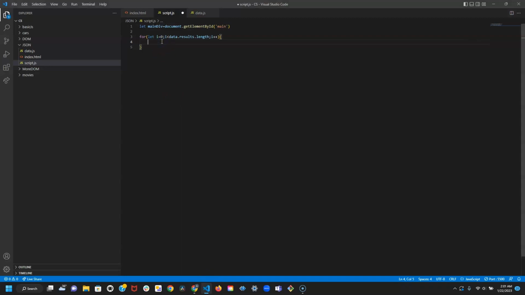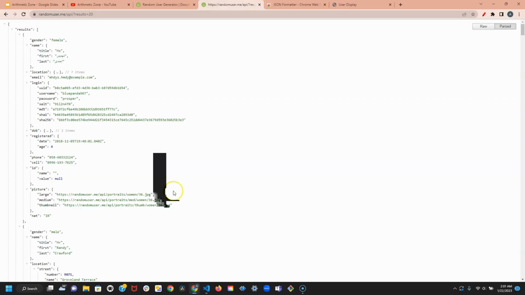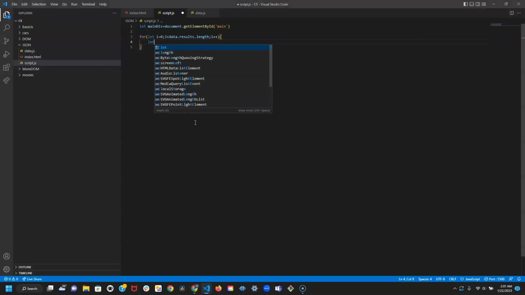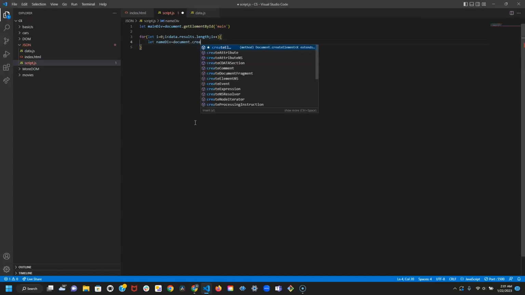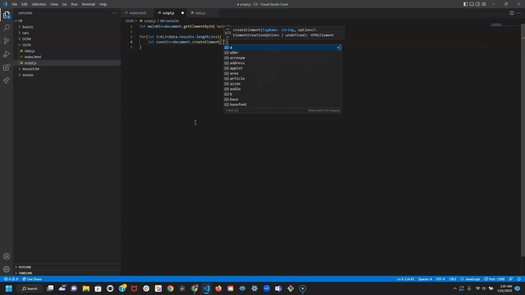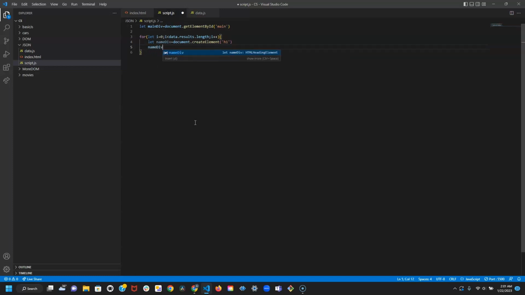So what we're going to do is make a whole bunch of separate divs and append them to the main div for every iteration. So again, we're going to look at what information we want. We definitely want the name. We'll take the first and last name. So we'll say let nameDiv equal document.createElement, and this should be h1. And then we're going to set nameDiv.innerHTML equal